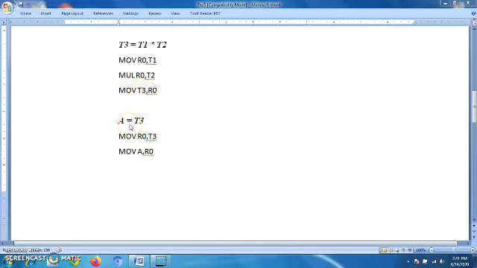The last instruction is A = T3. This is an assignment. So again we load R0 with the value of the temporary variable T3 by using MOV, and after that we'll move the content of register R0 into the variable A. In this way we can convert an intermediate code into machine instructions. Here we saw how we can convert the intermediate code into the machine code manually, but now we have to write a C program to do this automatically. Let us see how we can write a C program for this.